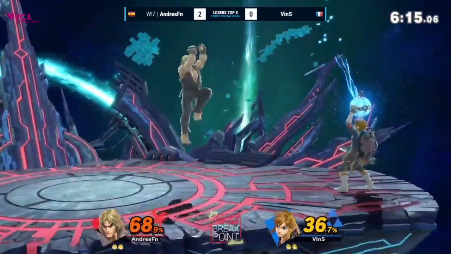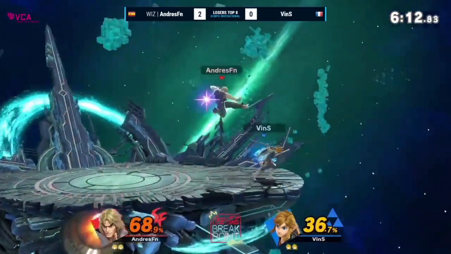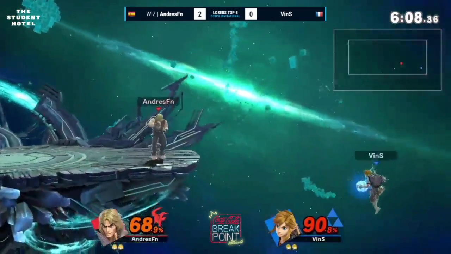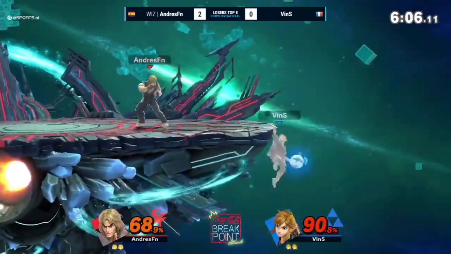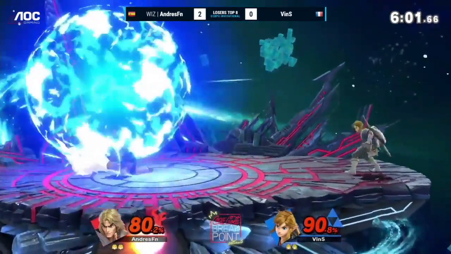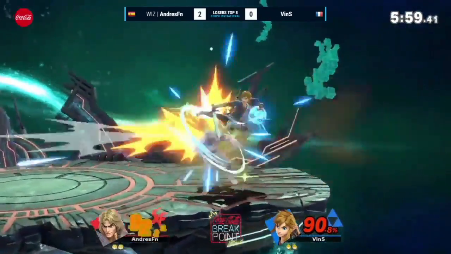Okay. So yeah, VinS just trying to find just that sweet spot where he can play. Okay, the air dodge just to stay alive. That's fine. Cover the recovery, maybe. Okay, the bomb still in hand. That's fine. Get up attack is going to be enough to push Ken back for now. But